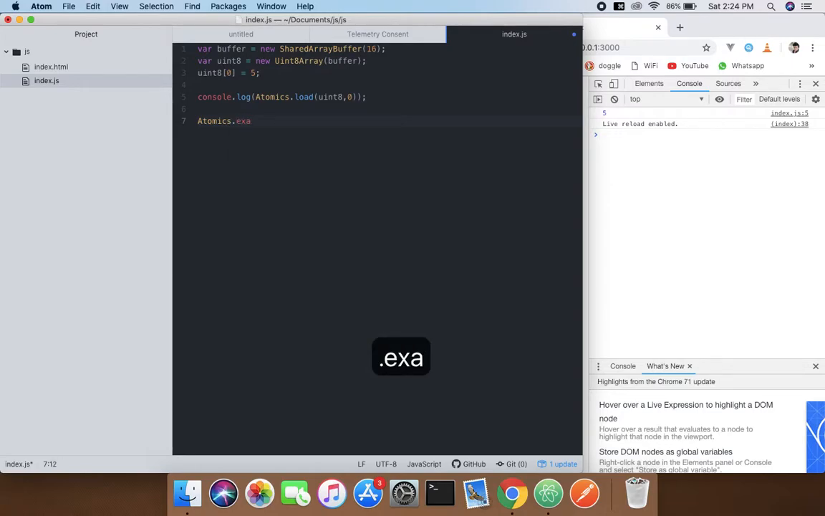And now what I'm going to do is use the Atomics.exchange method. Inside that, we will pass uint8, comma, 0, comma, 2. What it does is exchange that. So if we log this line on the console, it will be a 5, but after that, when we do this and log it on the console with Atomics.load,